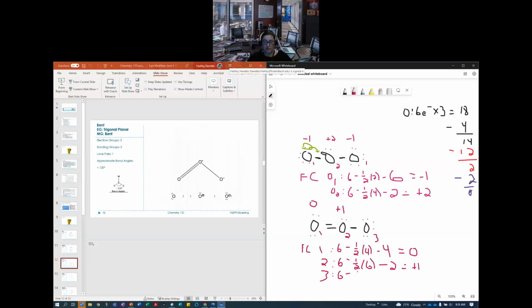And if I take a look at the third one, we're going to take half of the 2 that are there, subtract the 6, it gives me a -1 there. And that's the structure that makes me the happiest, okay? Because if I pull another electron pair from here, right? If we were to do that,